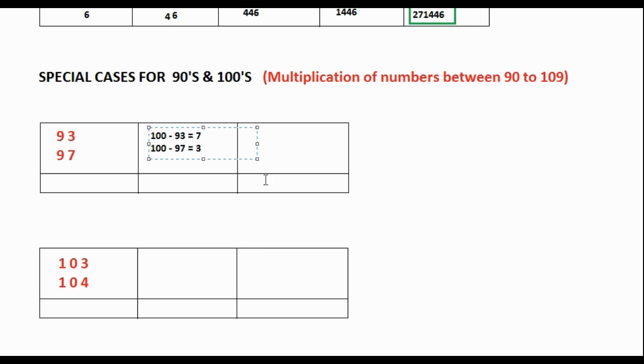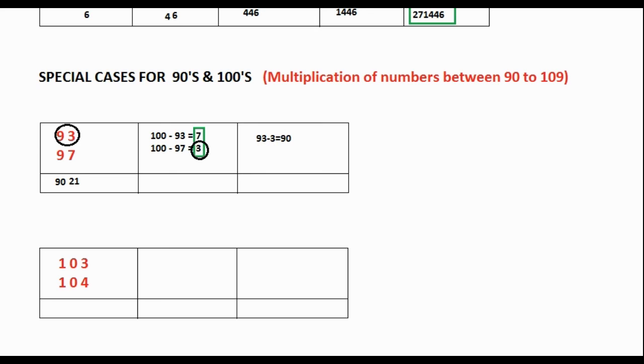So in the second step, we are going to multiply these two numbers. So 3 and 7 will give 21. So just write 21 directly. There is no carryover in this case. Just write 21. And in the last step, we are going to subtract these two numbers, this 93 and this 3. So 93 minus 3 will give you 90. So just write 90 before this 21. So 9021 will be our answer.